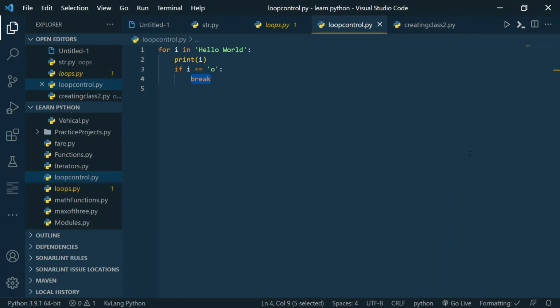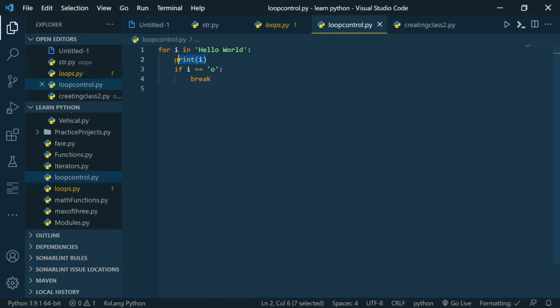Let's now demonstrate the continue statement on the same loop. We are not doing more realistic examples in this video. We just need to understand the control flow, how it is working, and the syntax of the continue statement and whatever statements we are doing in these videos.